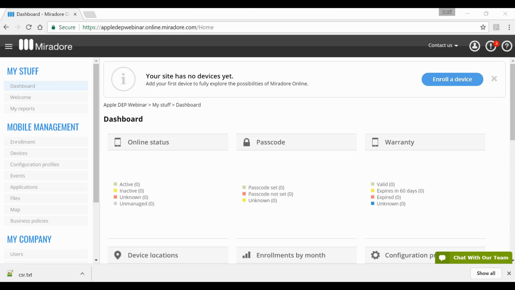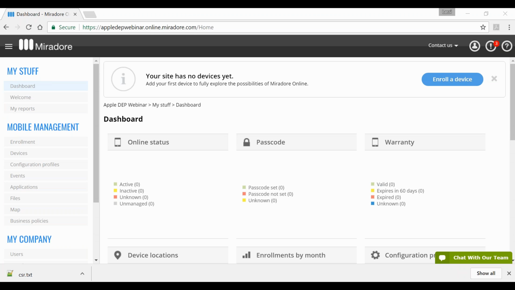So okay, for the demonstration, I hope you see my screen. There's a Mirador Online site which is a clean site. It doesn't have any devices yet, as it shows, but my plan is to show you how to configure the Apple DEP to be used to enroll the devices, and then we'll do something just to demonstrate the management side.